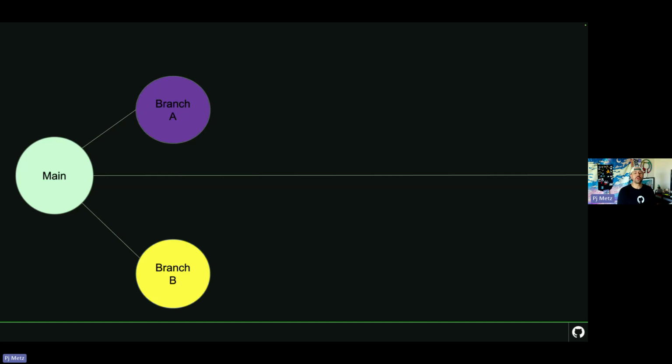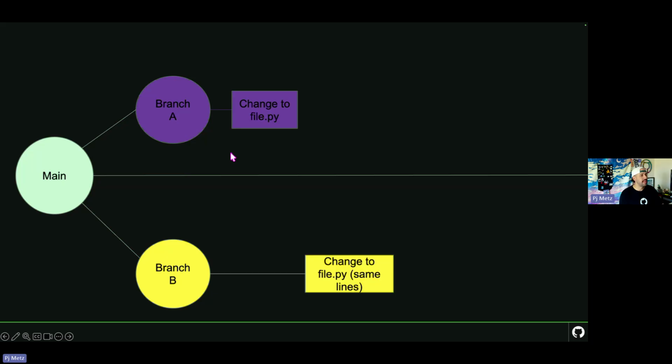At the same time, we're creating branch B. All right, so these two branches currently with no commits look exactly like main. Every file looks exactly the same. Making the branch doesn't change anything. So let's say branch A makes a change to file.py, right? A Python file. Branch A makes that change, but branch B makes a change to the same file and changes the same lines. So far, this is all allowed because we're on separate branches here, right? No problems have occurred yet, but this is the action that will cause a merge conflict, changing the same lines.